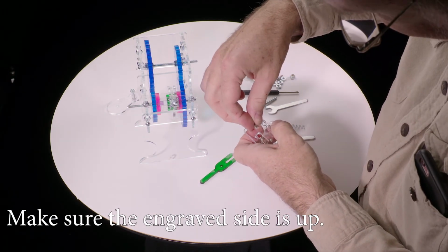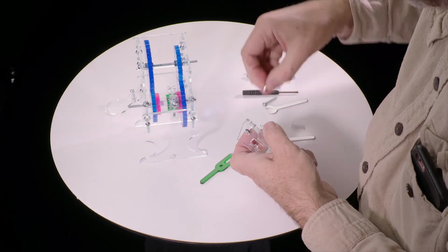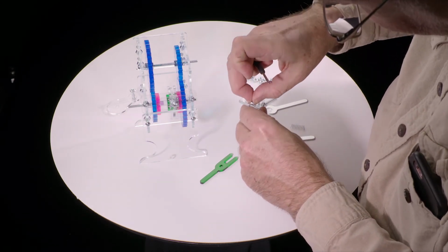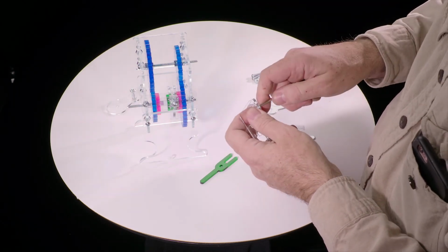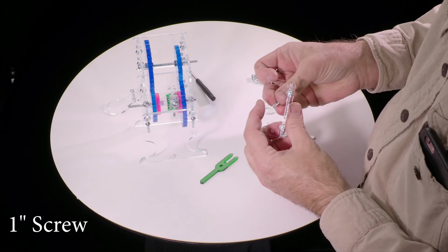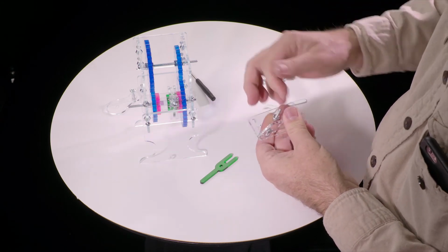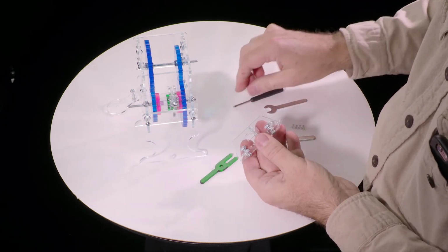So we're going to put a nut in. And a short screw. And another nut. Short screw. Okay, and now a slightly tricky part. So we take the remaining longish screw, stick it through here so it's on the same side as that, and put the nut on, and we tighten this down really tight,